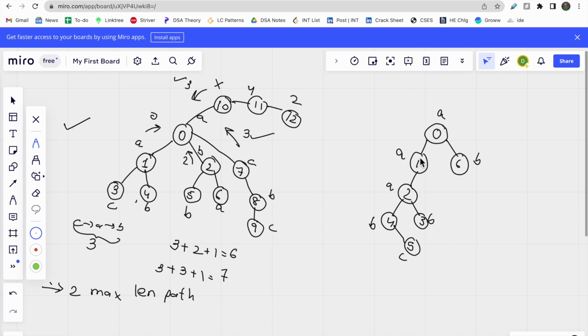But another thing to note here is, let's say for this example it will return 1, but on this side the immediate node is the same as the 0th index node. So instead of returning 0, what we will do is check all its children, not just the immediate children. Even if the immediate child is the same character, we will also traverse in depth and check for other children,